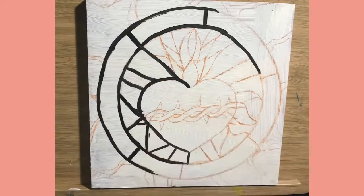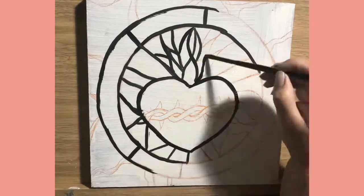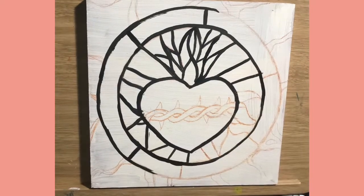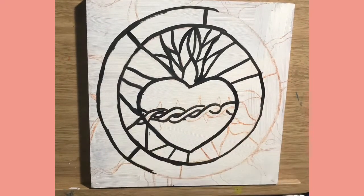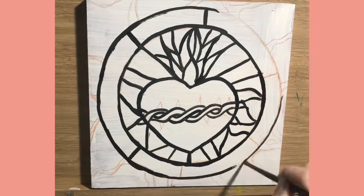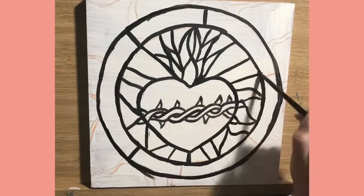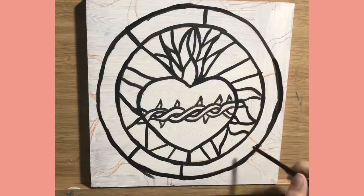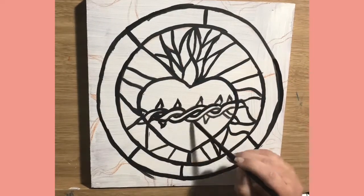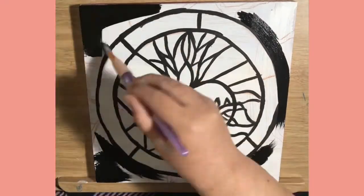It's a stained glass window. I had a lot of fun just outlining this. It was one of the simplest things to do, and I had the most fun doing it. It felt almost like a coloring book. The Art Sherpa herself says this is like a coloring book, which I don't know if you know this, but